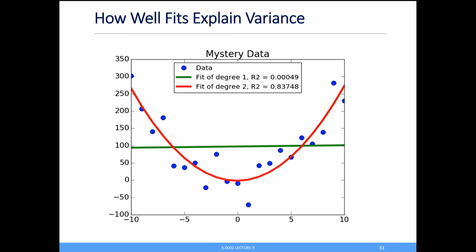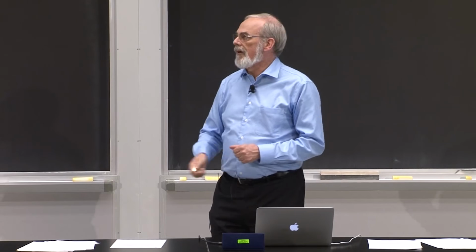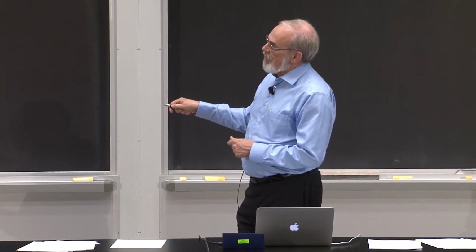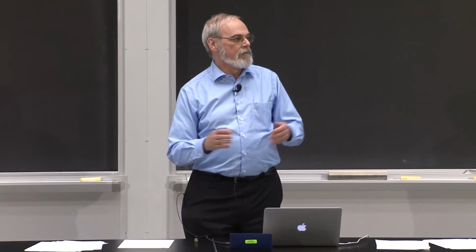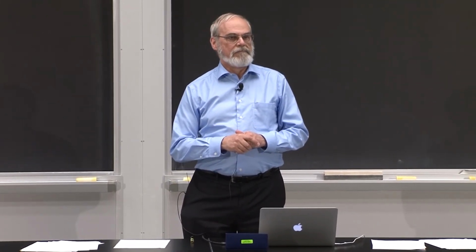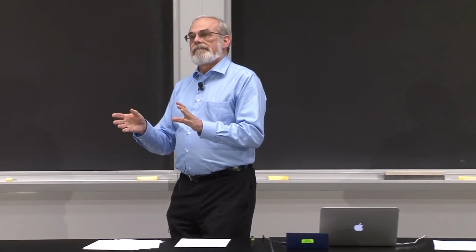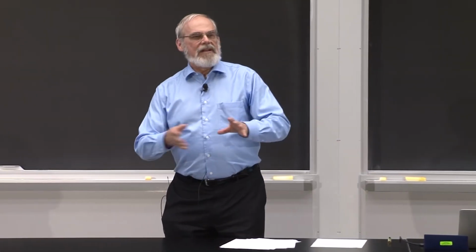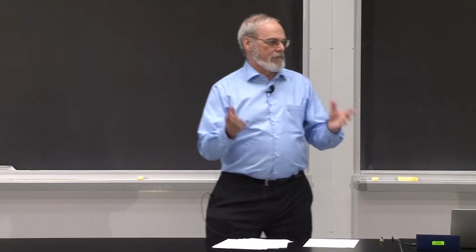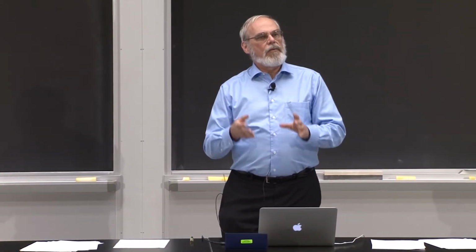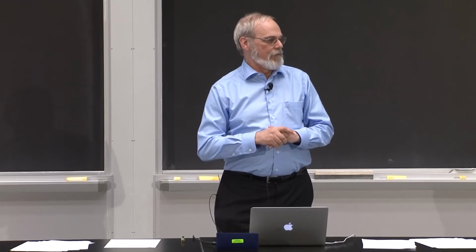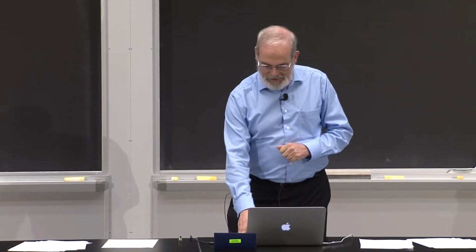So this is now reinforcing what I already knew, but in a nice way. That R-squared value tells me that the quadratic is a much better fit than the linear fit was. Okay, but then you say, maybe, wait a minute, I could have done that by just comparing the fits themselves. I already saw that. Part of my goal is, how do I know if I've got the best fit possible or not? So I'm going to do the same thing, but now I'm going to run it with another set